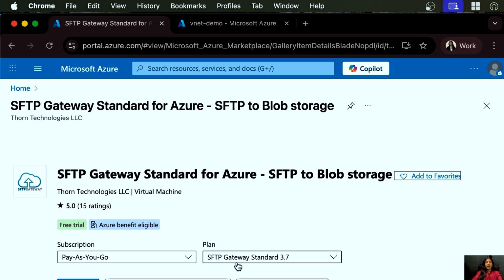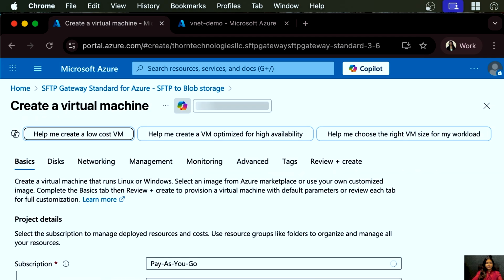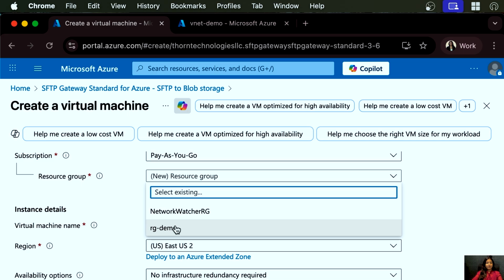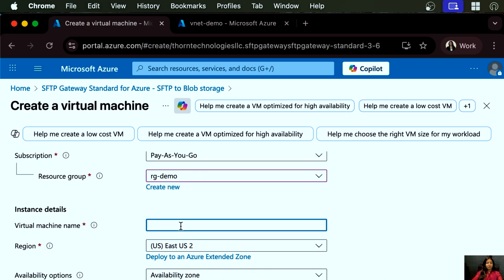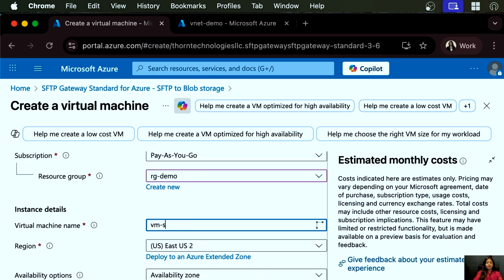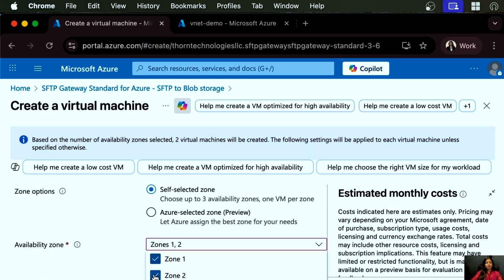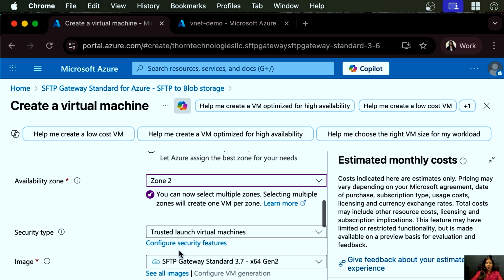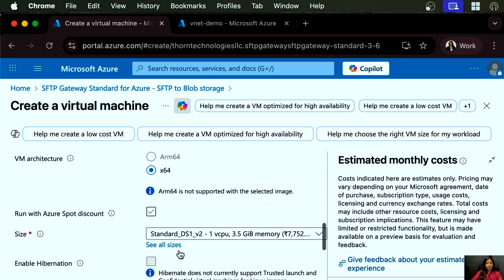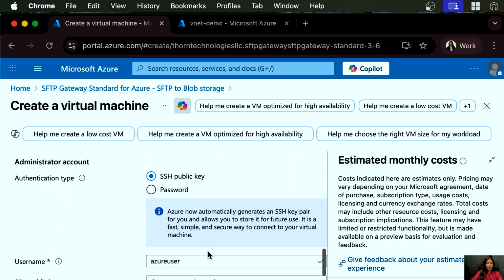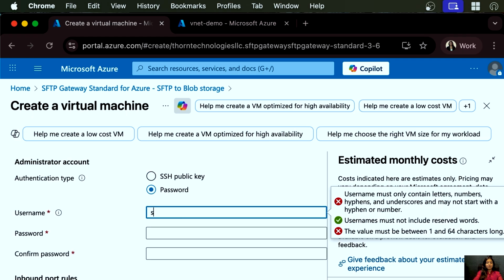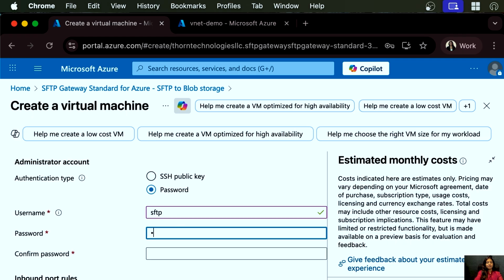And we will be using the plan SFTP gateway standard 3.7. This is the latest one. We'll be doing everything on RG demo. We'll choose zone 2 here. Zone 1 doesn't allow creating the SFTP gateway. We'll be using username and password. Username will be SFTP, password